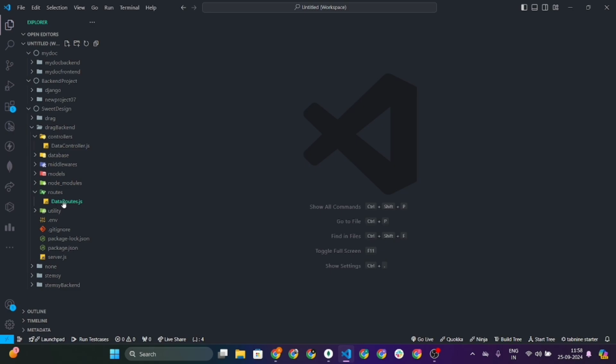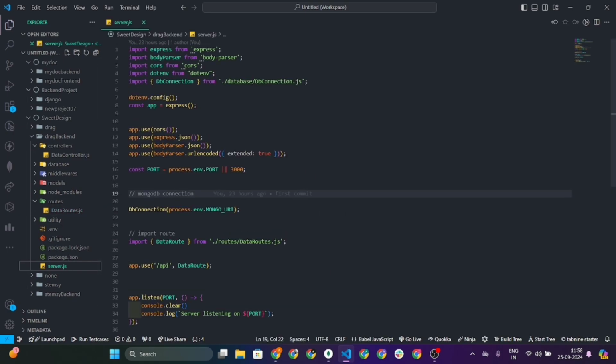I already explained the route. Now I will explain the server.js file. So here I'm just creating a Node server, and in this server we use body-parser, cors, and dotenv, just to save our details in an env file, and cors is used to